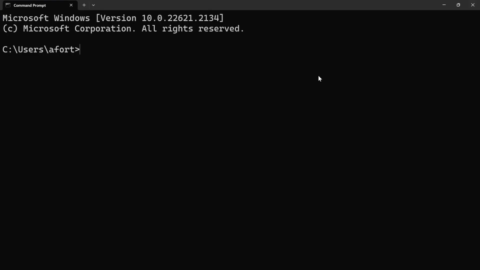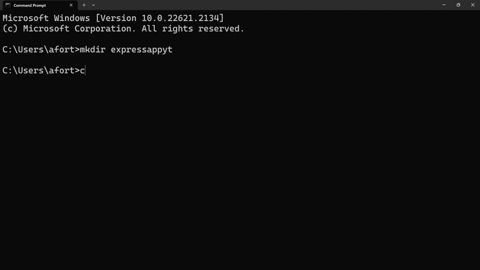So I'm over here inside of my command prompt now. You can just go ahead and do the equivalent on Mac or Linux if you're using that to follow along with this video. What I'm going to do is make a new folder inside of which I will have my application. In order to create a new folder in Windows, I can just type in mkdir followed by the name of the folder that I want to create. So I'll just call this Express App